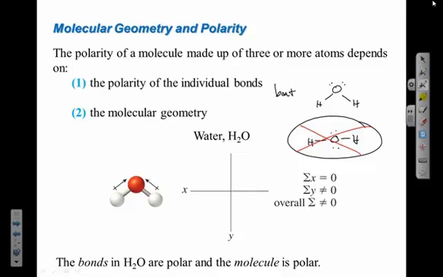And then I would look at the individual bonds shifting. They're always going to shift toward whatever atom's more electronegative. That's going to create a partial negative there and some partial positive on the other atoms the electrons are shifting away from. So then I find my central area of negative. Well, there's only one area of negative, so I know where that central area of negative is. And I find my central area of positive. If I only have 2 positives, the central area of positive is going to be right between them. And so each hydrogen carries some positives, so the central position of positive will be between them. Then I use an arrow to connect the positive to the negative, and that is the direction of polarity